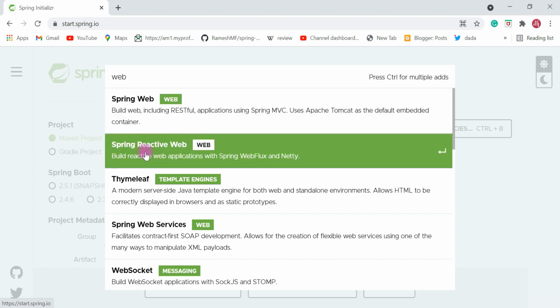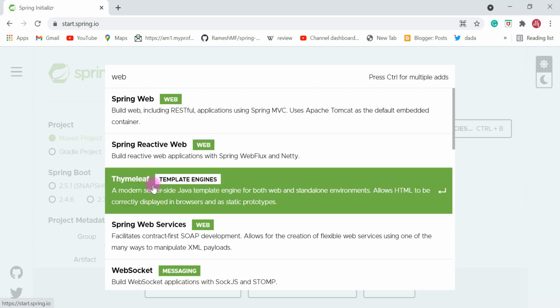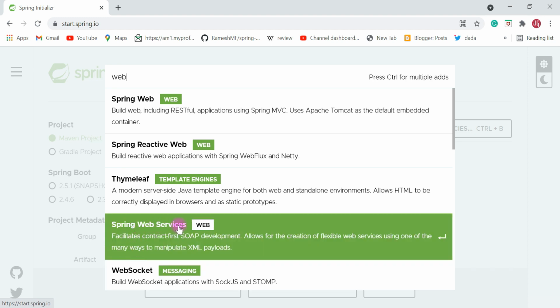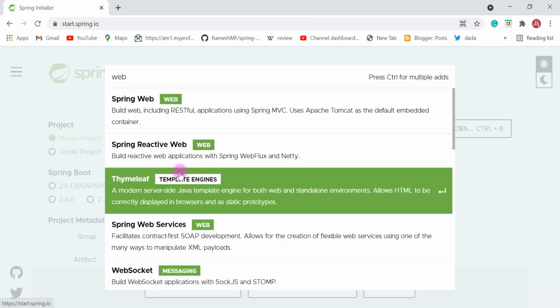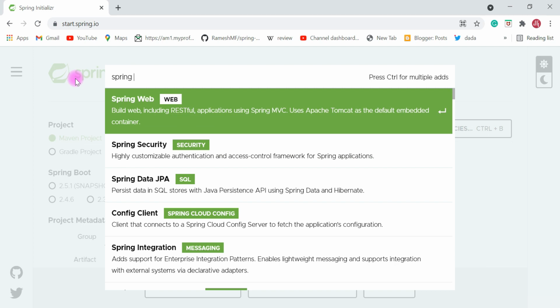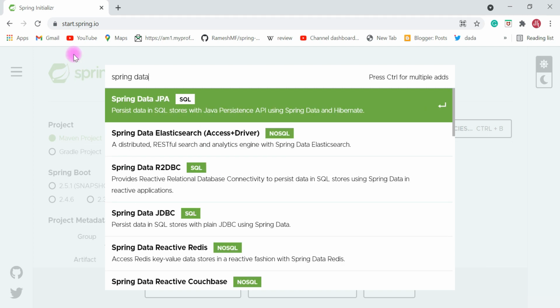If you want to create a reactive web application, then you can choose this dependency. Similarly, if you want to use Thymeleaf in your Spring web application, then you can use the Thymeleaf dependency here. Similarly, WebSocket and Spring Web Services for SOAP development. Based on the requirement, you can choose the dependencies. For example, if you want to use Hibernate and Spring Data JPA, then you can use the Spring Data JPA dependency.